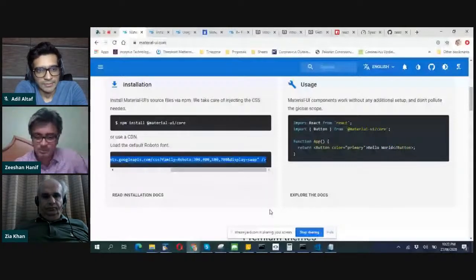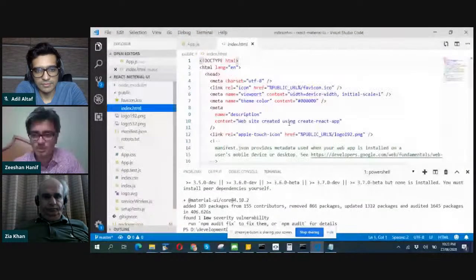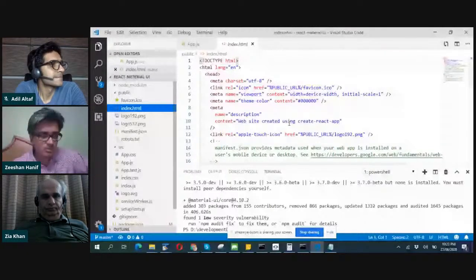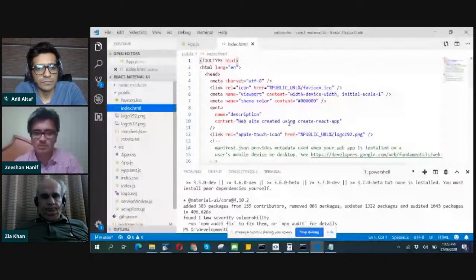So first we'll go to index.html and add this font over here. Just add this CSS into the HTML, and then go back to app.js. Now we need to use a component provided by Material UI. So first I'll import Button from